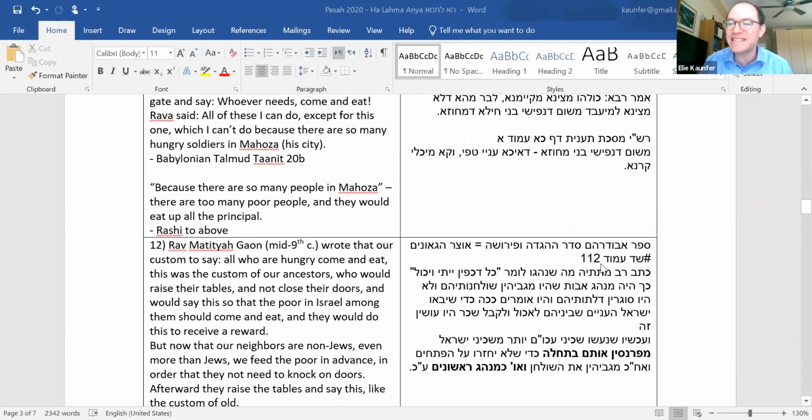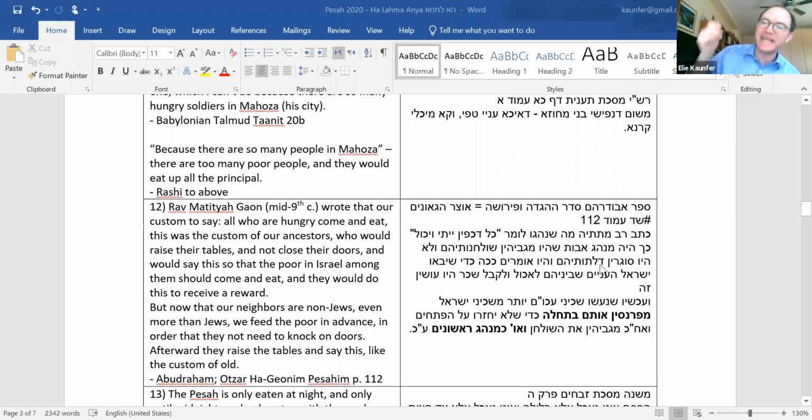Okay, now we're getting into some practical reinterpretations that might apply this year. This is a teshuva from the Geonim that appears in Avudraham, who is a later Spanish commentator on the Siddur, but he preserves some older tradition. So I'm going to read that for you. Rav Matityahu, head of the yeshiva, wrote: when they say, anybody who's hungry, come and eat,